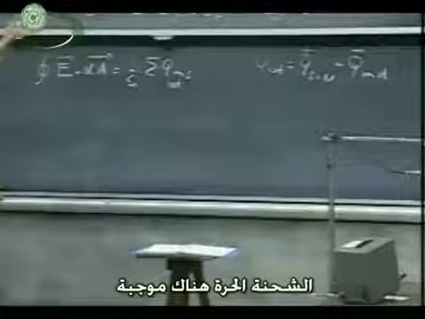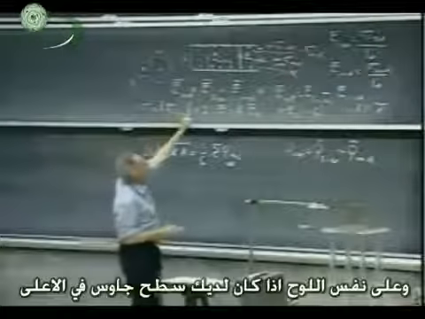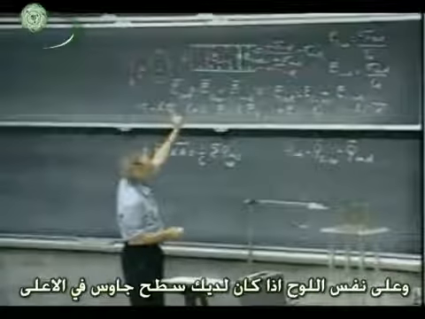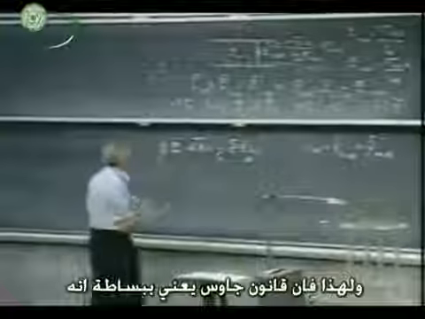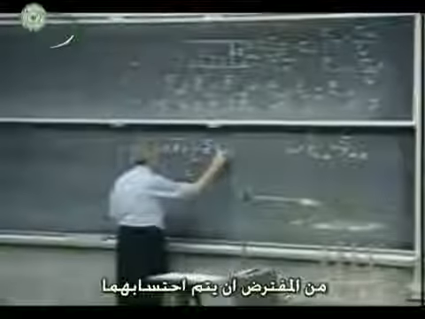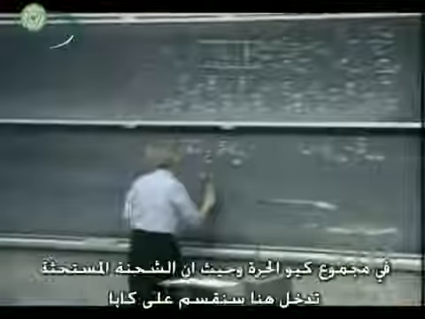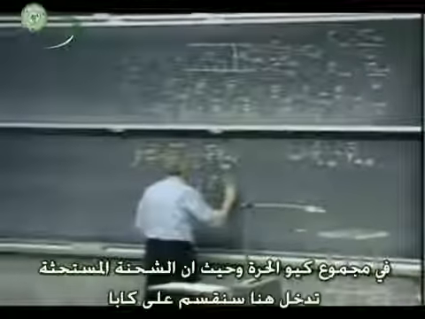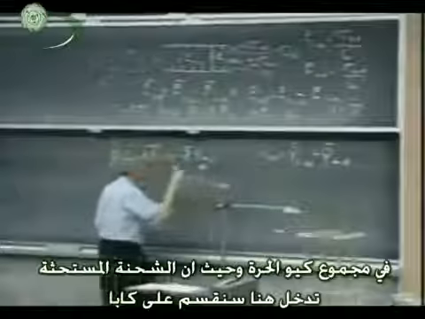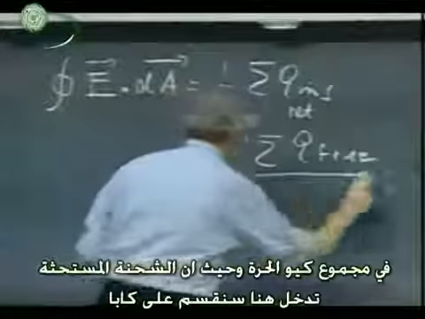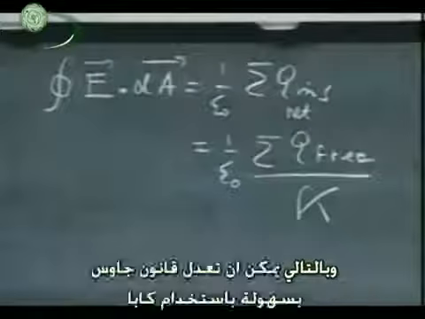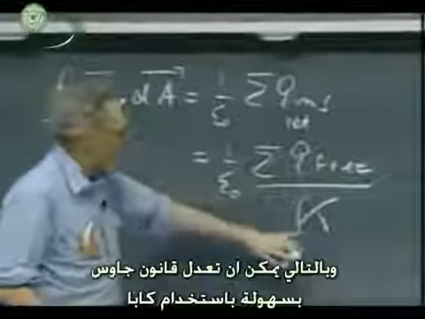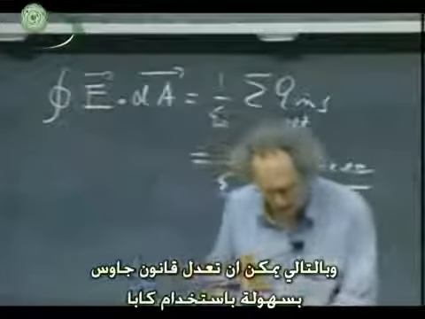Charge, positive there, is plus, and at that same plate, if you have your Gaussian surface at the top, you have the negative charge, Q induced. And so therefore, Gauss' law simply means that you have to take both into account. And so therefore, you can write down 1 over epsilon 0 times the sum of Q free. But now you have to make sure that you take the induced charge into account, and therefore you divide the whole thing by kappa. Then you have automatically taken the induced charge into account. So you can amend Gauss' law very easily by this factor of kappa.